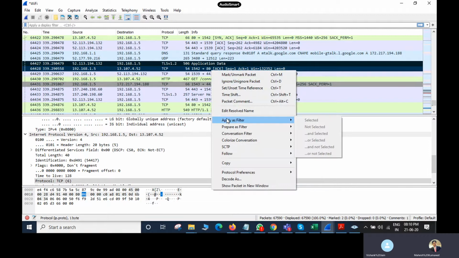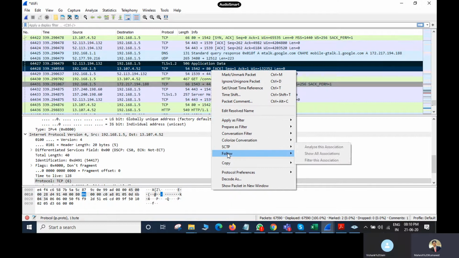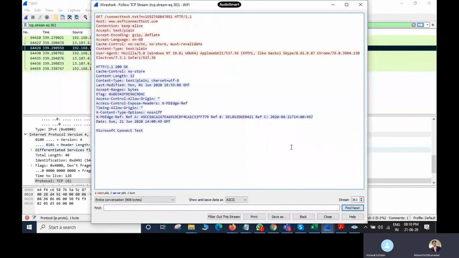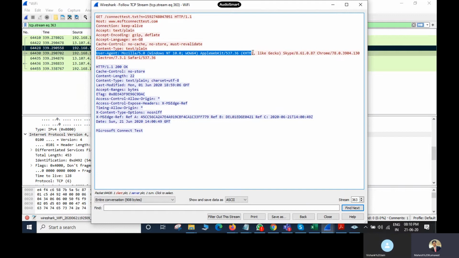Then you go to apply filter. So there are a number of things, my dear friend. Just take a look here. Go for the TCP stream, and then you can find the HTTP information there: the accept header, the cookies, the host names. It is accepted as text plain, the content is plain text. And what is the user agent? This is Mozilla, my Windows Mozilla information. So all the information you will find there.